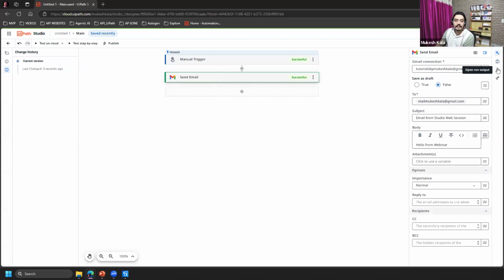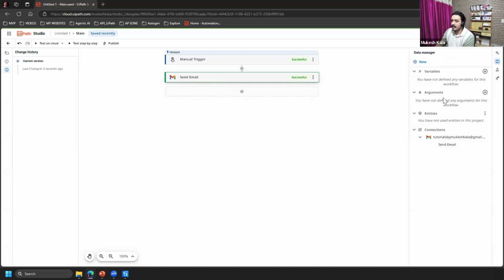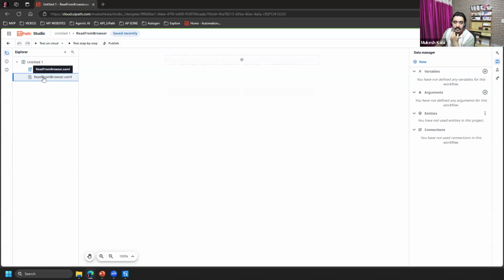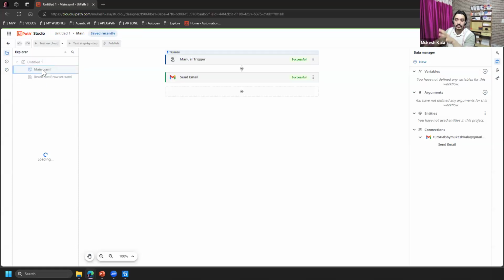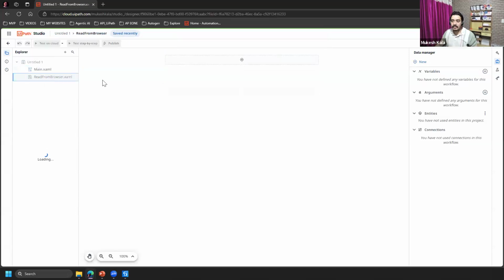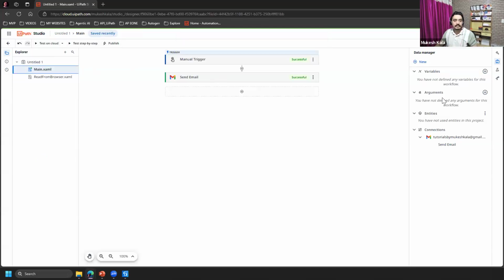Good part about Studio Web is all these variables are created automatically. You don't have to do anything. And you also can have arguments. So for example, when you want to pass the data from this guy to this guy, right? Some data is there as an input. You want to pass the data from here to here. You can use arguments. When you want to pass the data between the activities, you would have variables. So all of that is part of your course, which you can go and read more about, right?